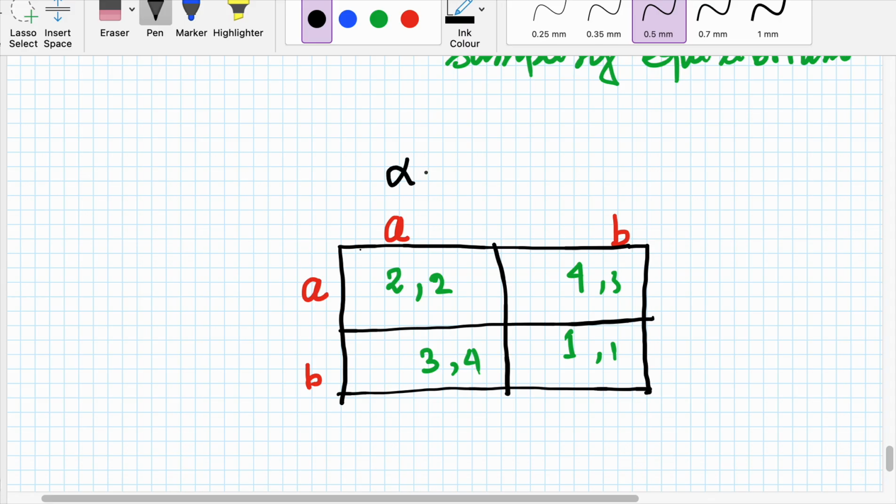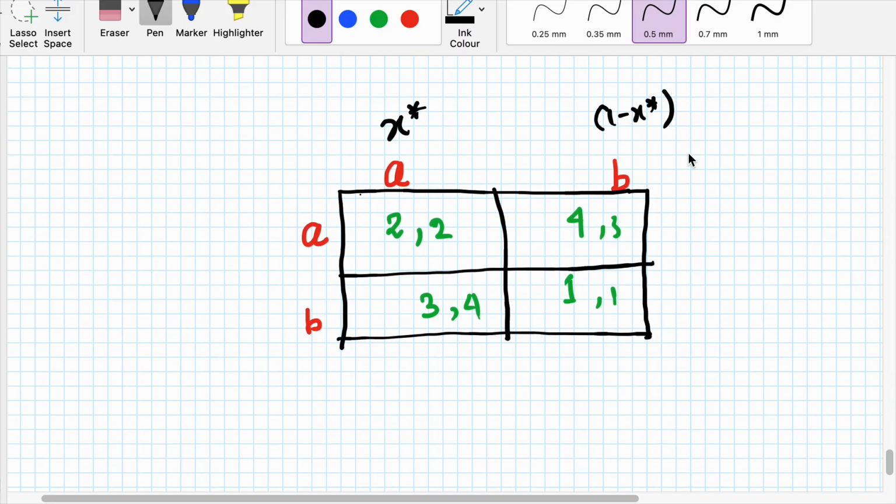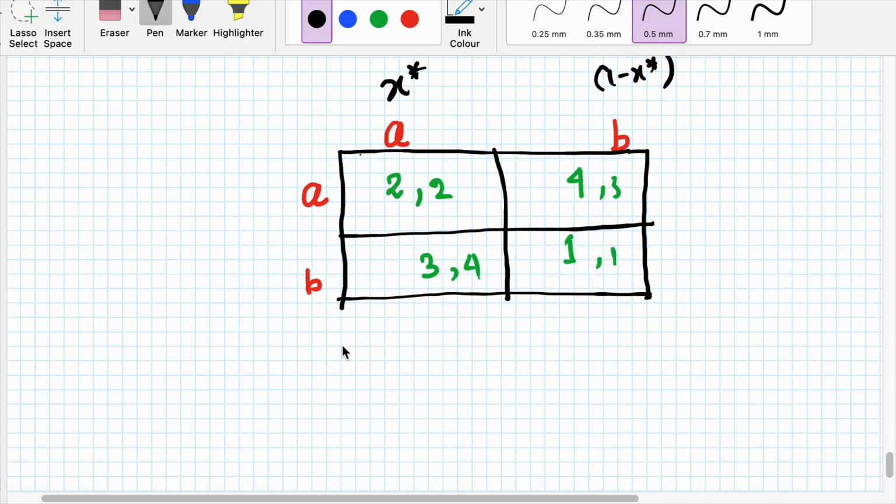Suppose the mixed Nash equilibrium is denoted by x star and 1 minus x star. The mixed Nash equilibrium will correspond to the probability where, suppose this is y star and 1 minus y star, and it is a symmetric game, so this will be the same, so no need to write it. So we know that we can get this x star and 1 minus x star by equating the expected